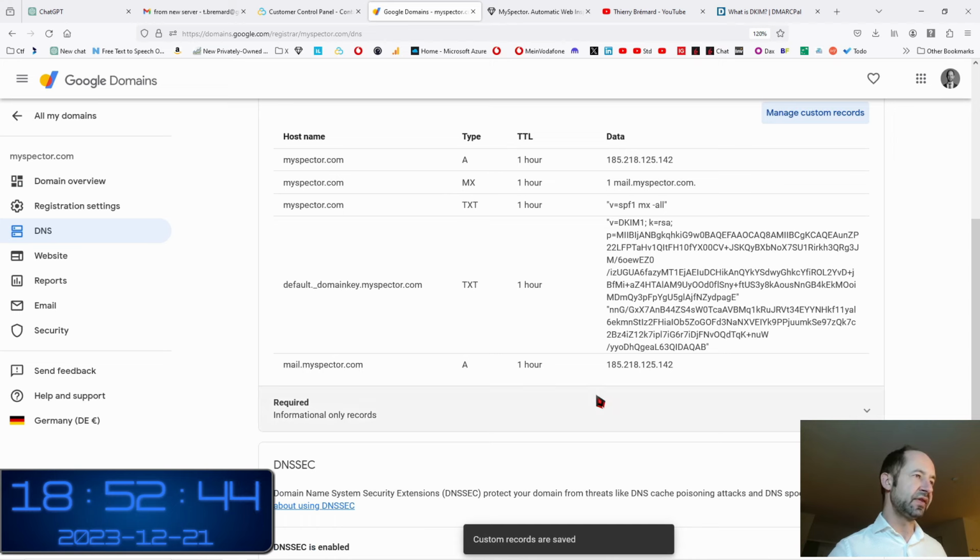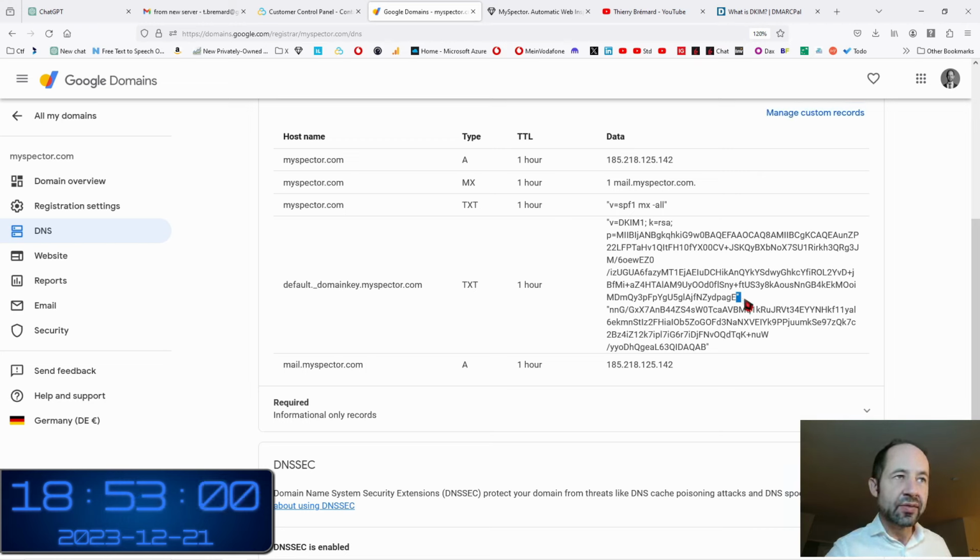and you see that I have now a new entry, domain key myspector.com, and you can see here some double quotes which have been introduced. I don't know why. What is interesting with this is the fact that you have a personal value, so you cannot make an NS lookup with this, because you must know it. So let's put this value here.